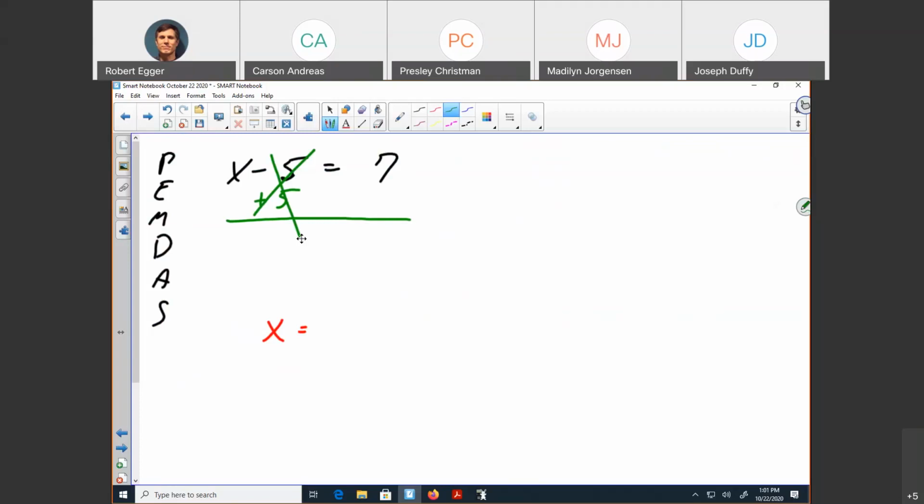Now the other rule is what you do to one side, thou shalt do to the other side. So if I add a 5 to the left, I have to add 5 to the right. Basically means x equals 7 plus 5, 12. Yeah, I know I took a lot more time than probably needed, but like I said, I don't give short answers. Better or for worse, that's my mantra.